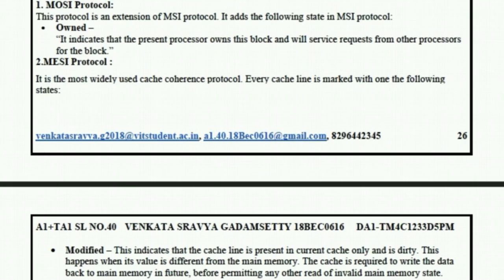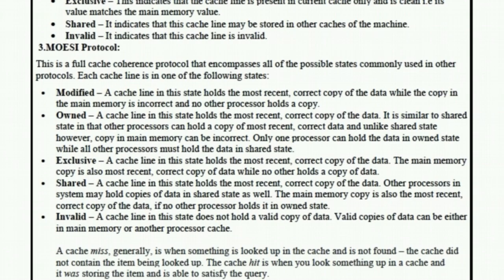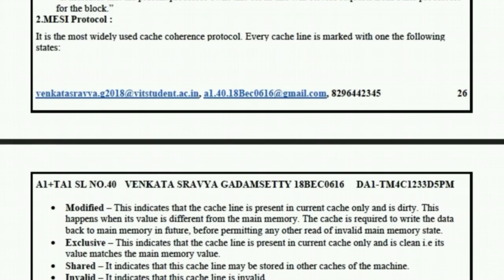Every cache line is marked with one of the following states: modified, exclusive, shared, or invalid. This will help us understand what each line means and how it can be accessed. Then we have the MOESI protocol, and within this protocol we have a few more states: modified, owned, exclusive, shared, and invalid, whereas we did not have the owned state in the MESI protocol, as you can see.